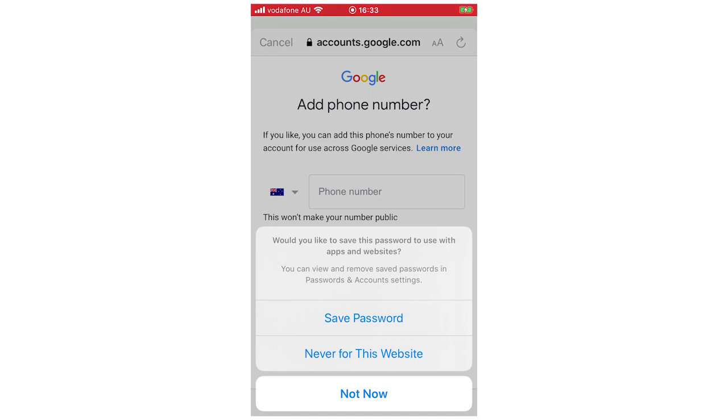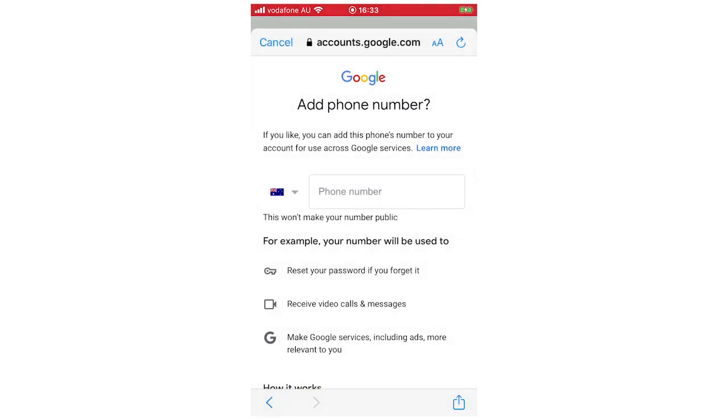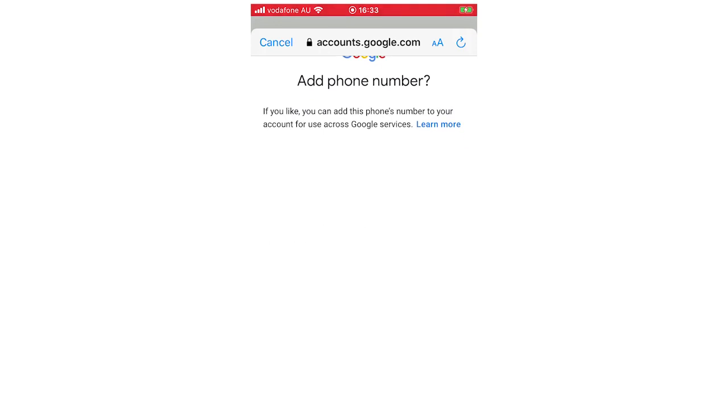For me, I'm just going to go "Not now." And then it's going to tell you to add your phone number, so you're going to want to go ahead and do that. Make sure it's the correct area code, like you're having the flag next to it, etc. So type in your number there, and this is to make it clear, this needs to be an actual phone